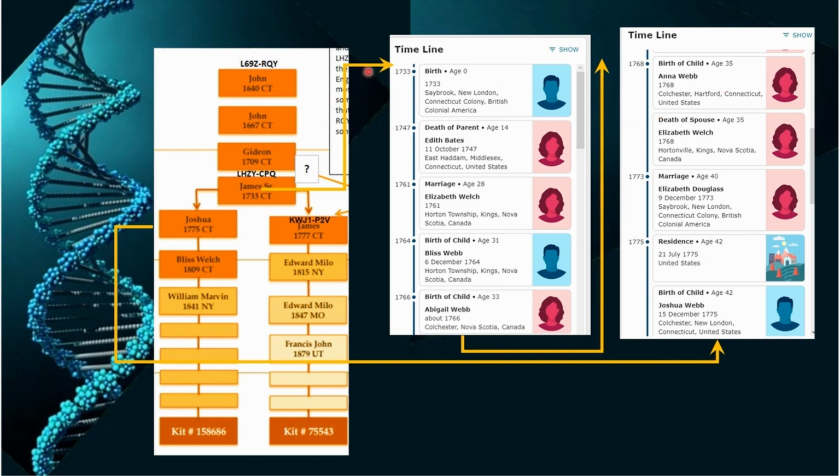And let's just start at the back. You see his son Joshua, and that shows up. Okay, Joshua, born in Colchester. James Webb, 1733, would have been 42 years old when Joshua was born. Now, his wife, Elizabeth Douglas, is actually the same age as James, 1733. So theoretically, she's married at age 40 when he comes back from Nova Scotia with 3 little